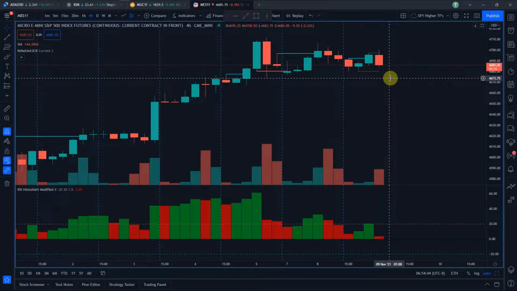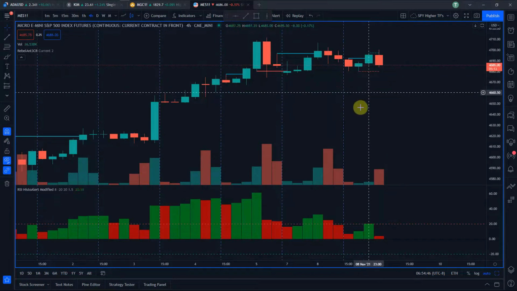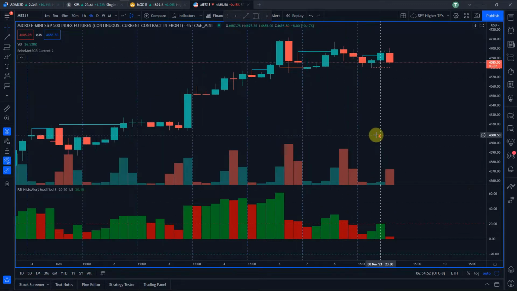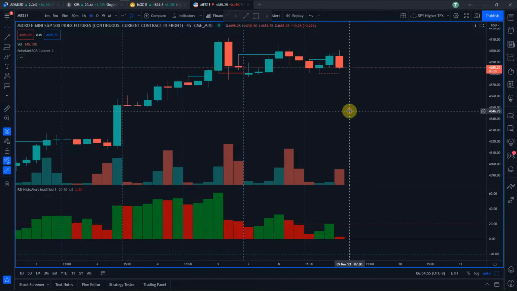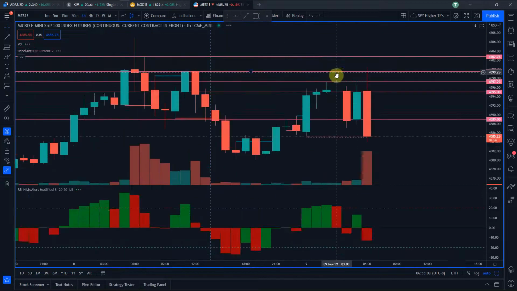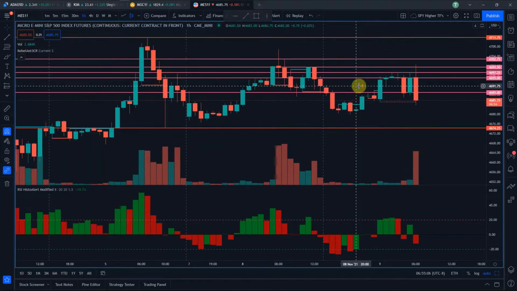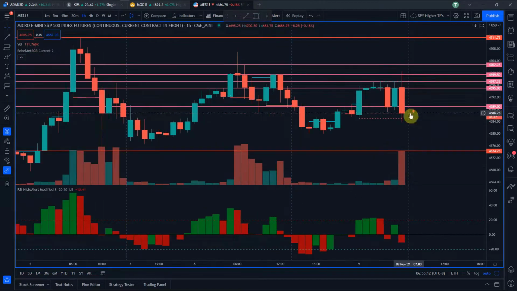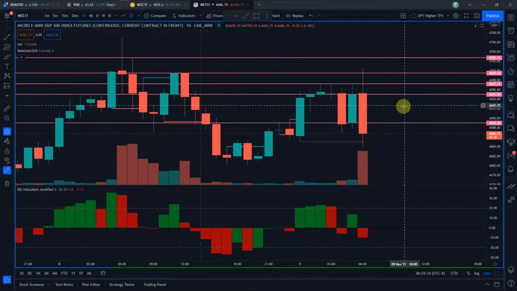I mean, there's a possibility for a long, but seeing all this and then this chop inside of the 4-hour candle, descending RSI, immediately my mind just went to looking for a short. So right off the gate, that was the first thing. I marked up these two levels because I found them important. These are important levels as well, but once you get into the 4-hour, you notice a lot of those levels start overlapping just because of how close together they are. So I started looking for my 1-hour levels,